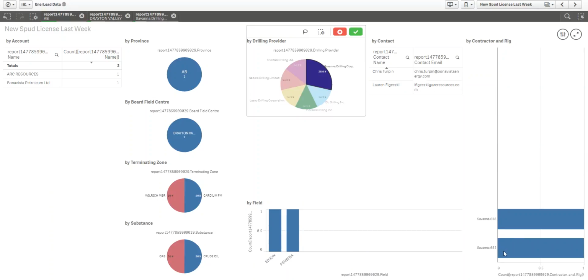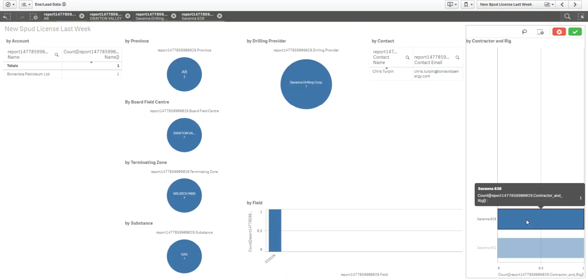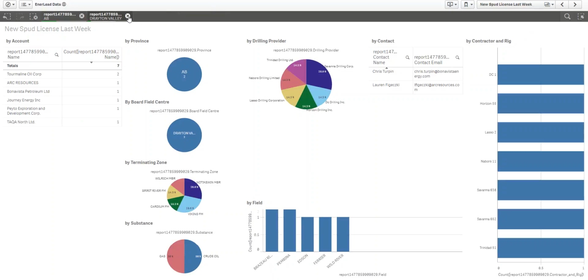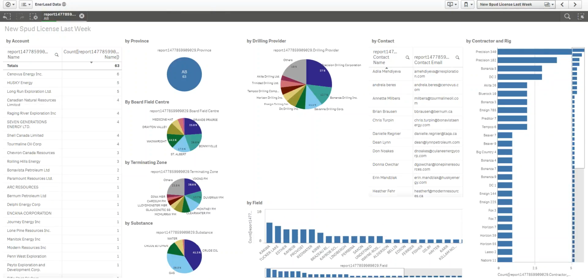I've got Savannah 638 and 652 working for Arc and Bonavista. I can click on that and I can see 638 is with Bonavista. And then I click on that and I see 632 is with Arc. We can expand our view again if we're really trying to drill down into the information, and then